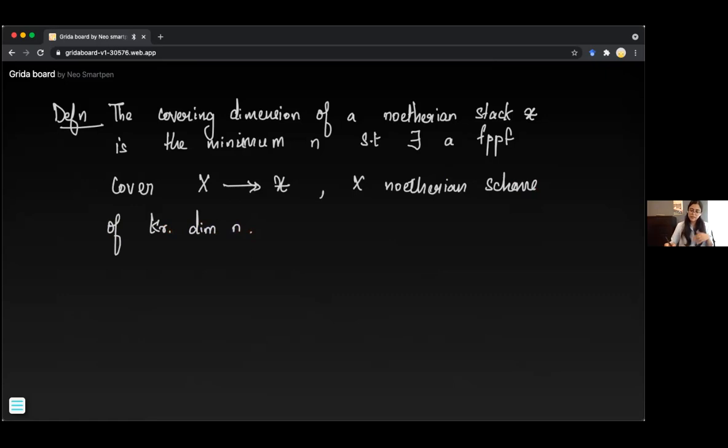For Deligne-Mumford stacks, this covering dimension is the same as the usual Krull dimension. But for Artin stacks, this is not true. So the covering dimension can be strictly larger than the Krull dimension. But we have to work with this dimension so that we have the Nisnevich cohomology vanishing. And then